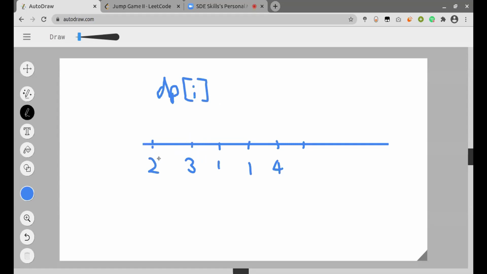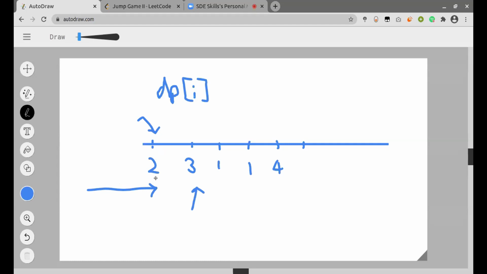So dp of 0 will be 0 itself, since I don't have to jump anyways, since I'm always starting from the 0th index. But when I come at this index, I will start my iteration from 1st index if it is 0 based indexing. Now I'll see what is the minimum number of jumps required to reach index 1. So we know the jumps will always be from the left side. So I will try to find what is the minimum jump, taking into consideration all the previous values in my nums vector.